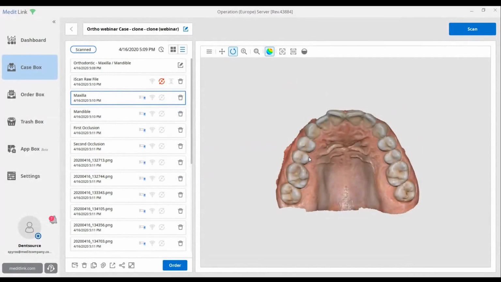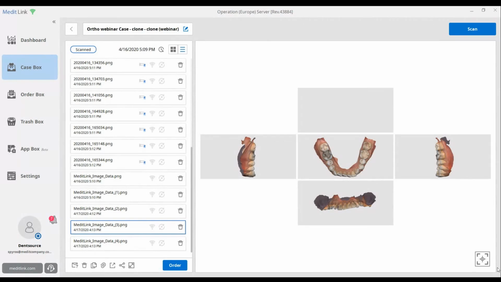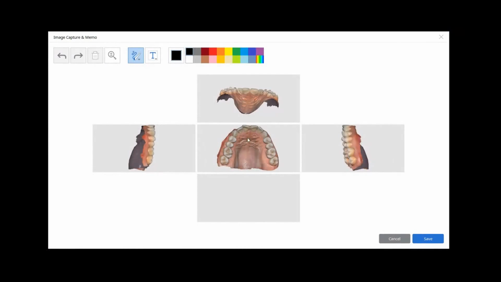And also another amazing tool that you can take advantage of is that if you go down now in the cases, in the pictures that we created here, for example, you can go in this function, which is the image capture and memo, and you can write anything you want on the picture. So for example, you can make an indication to your lab, like this, and then you can leave them a small message here, which can say,